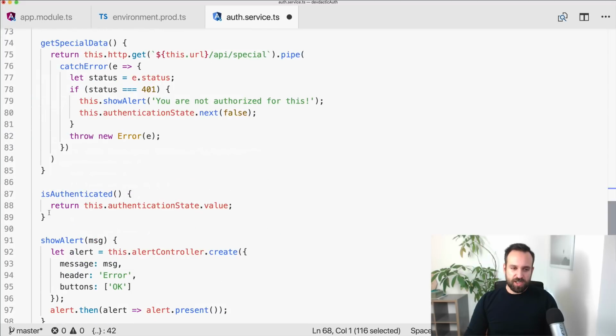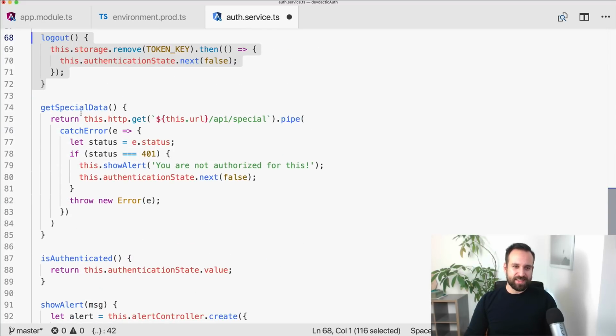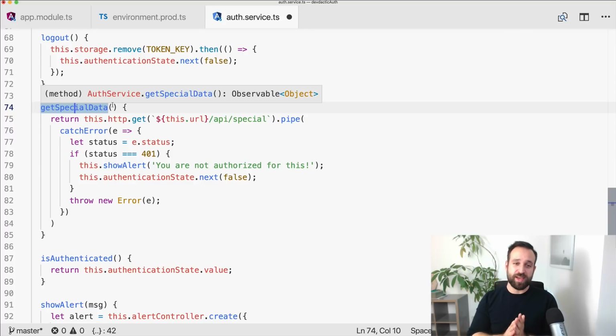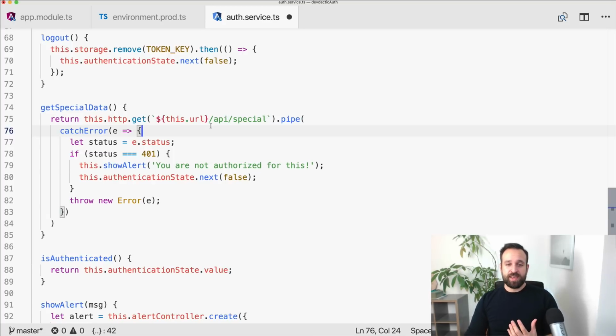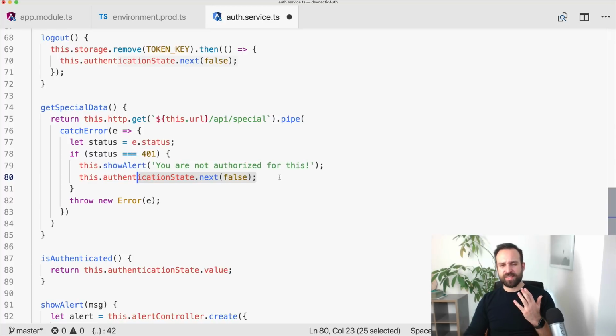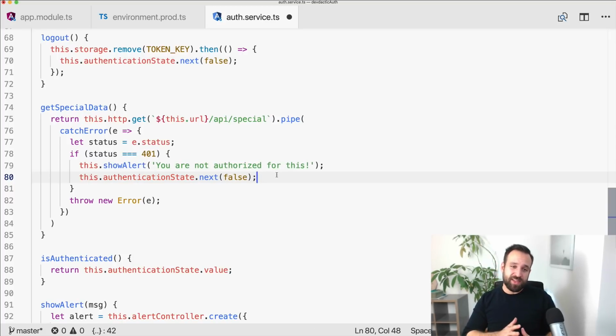Okay, the last or almost last is to get the special data. So we've added one route to our API called special that is protected and where you need to send the JSON web token to. Otherwise, you would get back an error. And this is the place where we catch if we get a 401 unauthorized error back. And only in that case, we display an error and automatically set the user back, because the token we have sent seems to be invalid. So there's no reason to keep the user logged in, and therefore we can simply remove the token and set